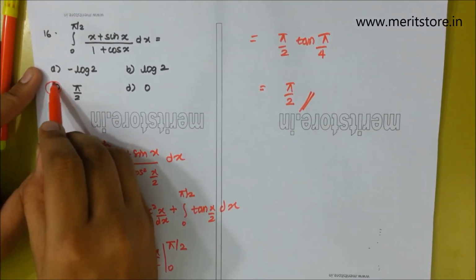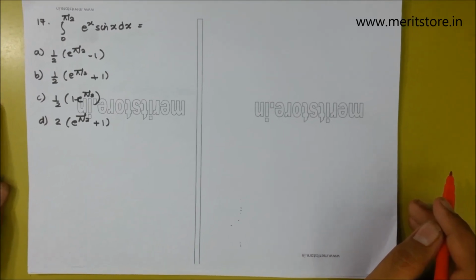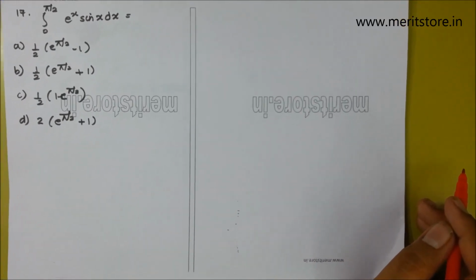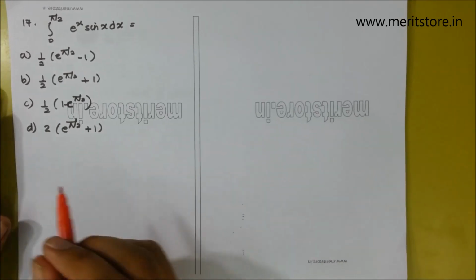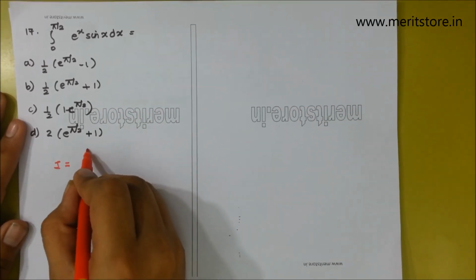So option C is the correct answer. Question number 17. Integral of 0 to pi by 2 of e raised to x sin x dx is equal to. Now, to solve this question, let us consider I is nothing but integral of 0 to pi by 2